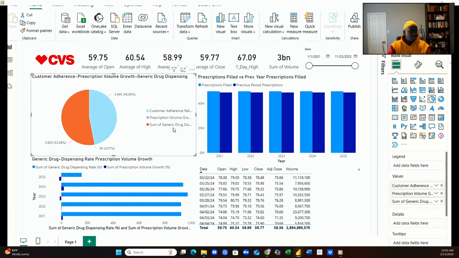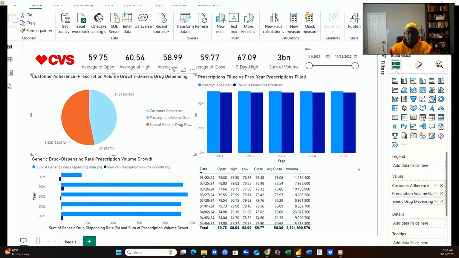So now we're dealing with real estate. We're trying to get an idea of aesthetics at this point. Looking at the pie chart, trying to determine the best titles and the best formatting for the pie chart. Again, this is dealing with formatting, and it's also dealing with real estate, not just real estate of the report, but real estate of the visual, because we want to maximize the real estate on the visual, and at the same time,